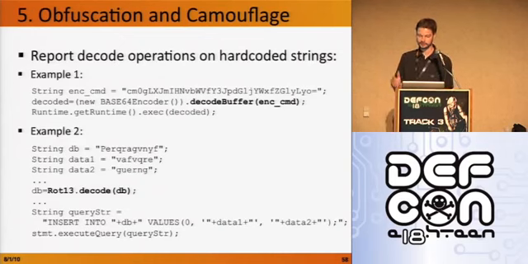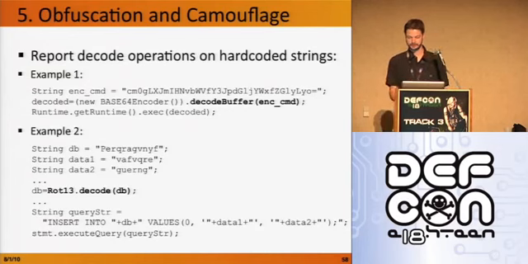And then the really useful one is if you're trying to decode hard-coded strings, we're going to flag that as obfuscation and camouflage. That turned out to be a really useful one. We found a lot of issues with this kind of rule. If you decode a hard-coded string, it's very suspicious. It's implicitly saying, hey, I'm hiding something. So you do not want to have that in your code. I hope that makes sense.